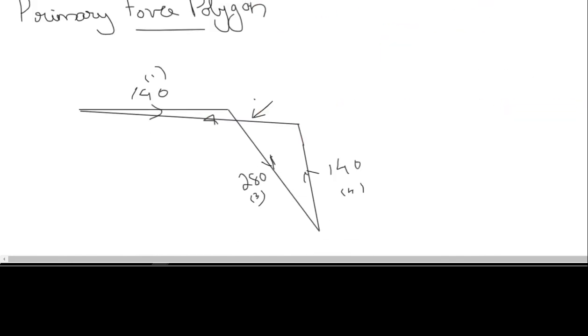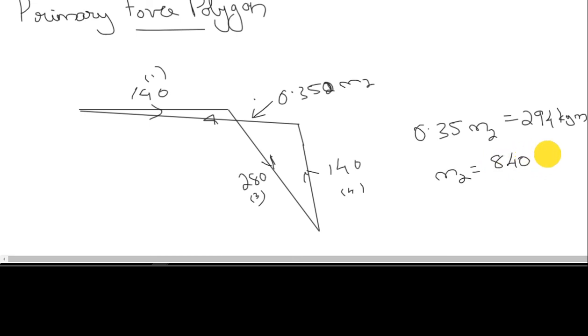So if you draw it properly, this 0.35 into M2 will be measured and scaled as 0.35 M2 will be 294 kilogram meter, and M2 you will get as 840 kilogram, and also,